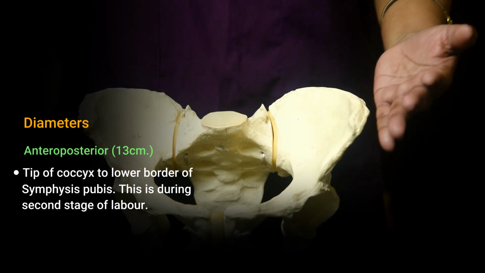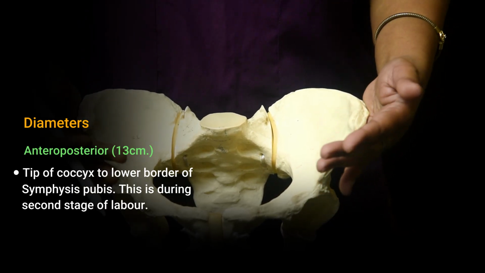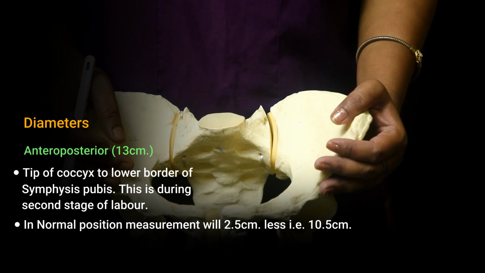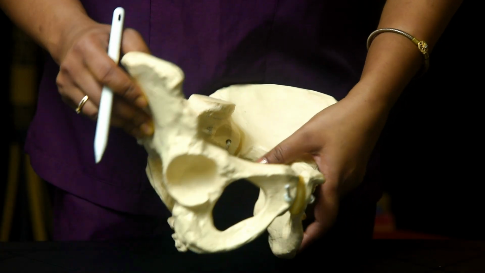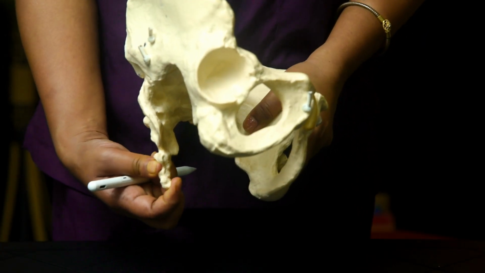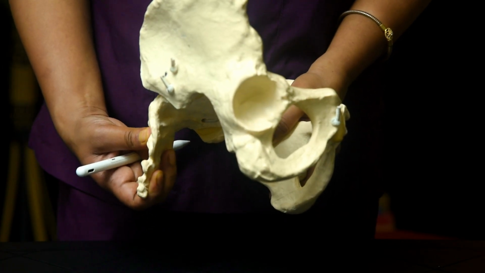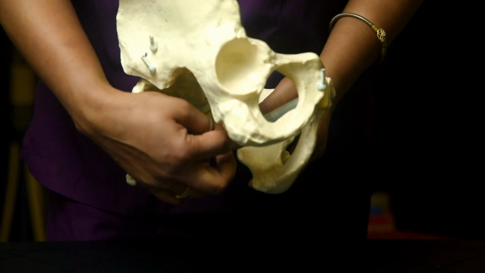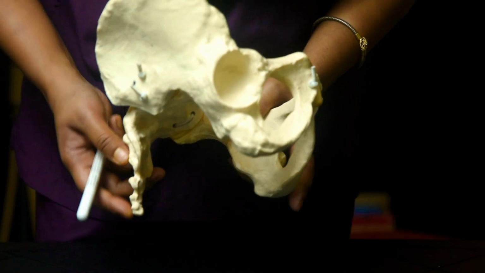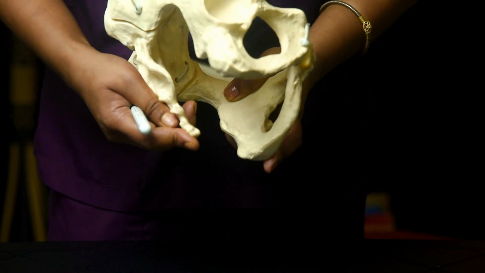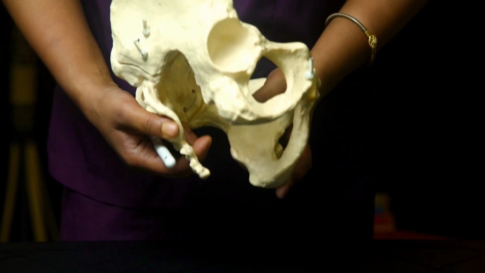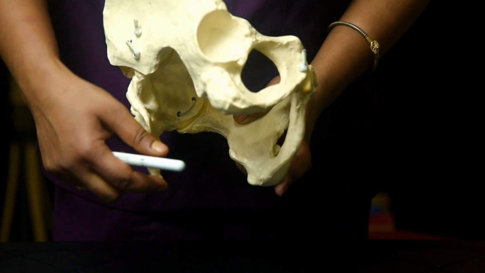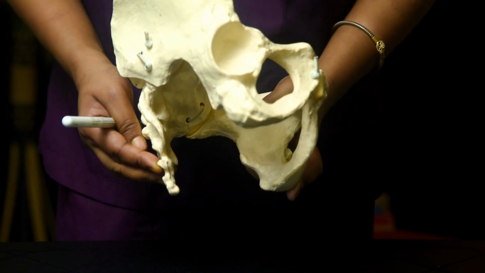But this 13 centimeters, we get it during the second stage of labor. Generally, in normal position, it measures about 2.5 centimeters less, I mean 10.5 centimeters. But during labor, the diameter increases and comes to 13 centimeters. Why? Because, remember, I have told you this coccyx is a flexible joint. So during labor, it goes back with the position change of the woman. If it is like this in a normal position, the diameter is very small, 10.5 centimeters, okay? But when the woman changes her position during labor, it goes back, and the diameter increases by 2.5 centimeters and comes to the 13 centimeter anteroposterior diameter